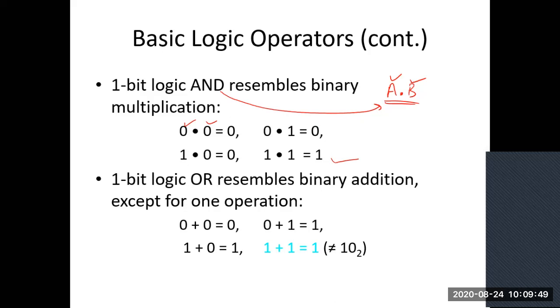Okay, so that is actually a binary multiplication. This AND resembles binary multiplication. So what you are doing here is a binary multiplication. Basically, multiplication and logic operations are different. AND resembles binary multiplication, but it's not multiplication. This dot symbol denotes the AND logic operation.